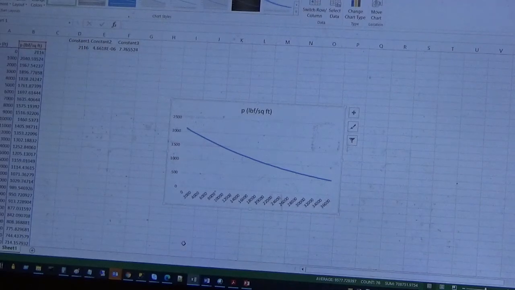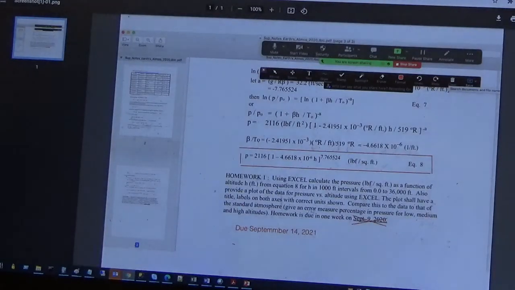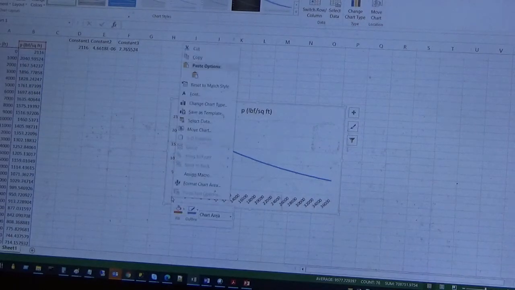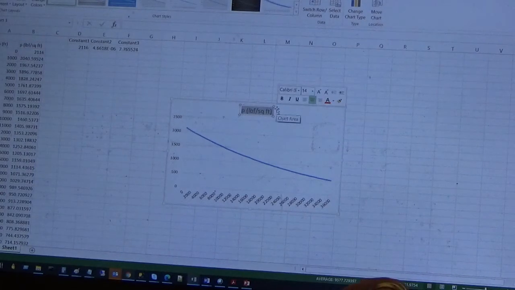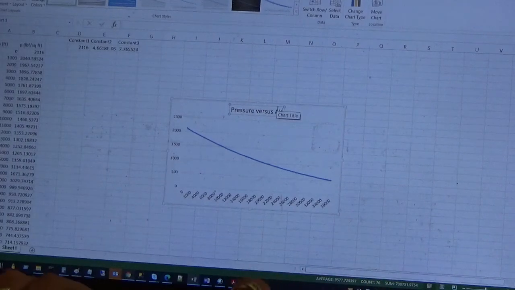Of course, if we go back to the homework assignment, we were asked to plot and have titles and labels on both axes with correct units shown. So we're going to need to update the plot to change our title, and we're going to call it pressure versus altitude,